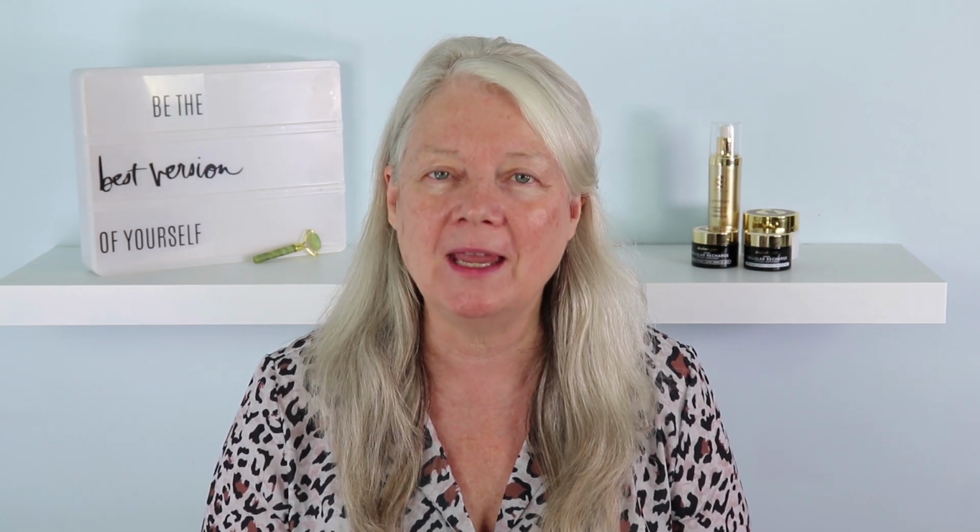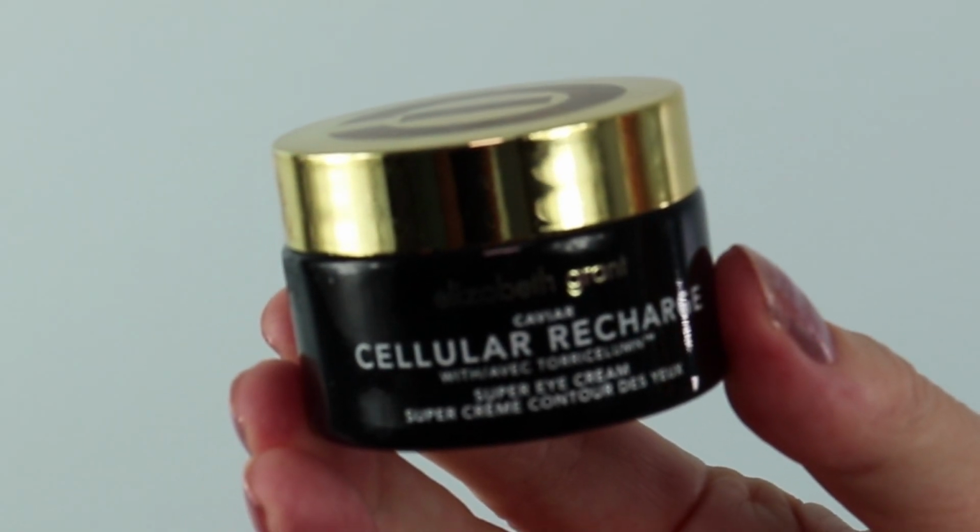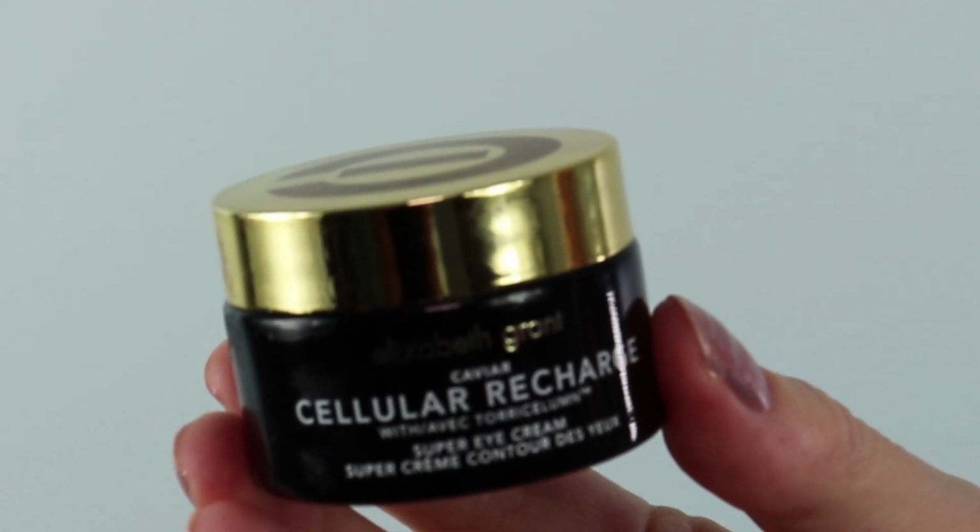I'm kind of pretending that this is nighttime for me, and what I would do next. And next, I use, let me just read this here, the Caviar Cellular Recharge with Torcillium, and this is the eye cream. Now, the one thing I love about these products is that you just use a little tiny bit, so probably about that much is all that I need, and I just sort of work it in here,